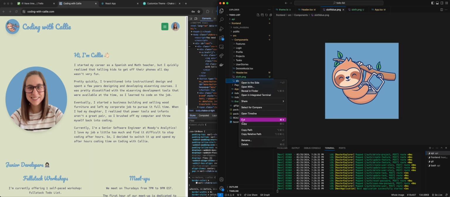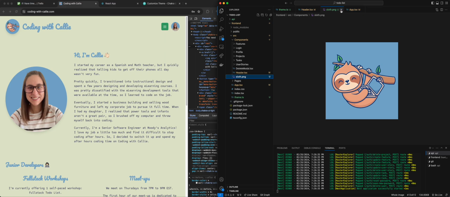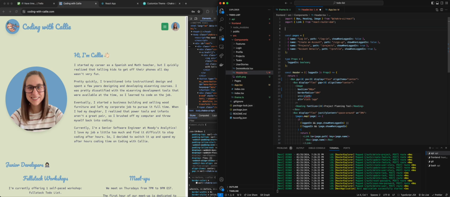Yeah. Okay, so we want to get rid of this one because it looks like I imported a little bit different of a logo. And then instead of doing from there, I was using my S3 bucket. We're going to do that, and then we have to import from here. So we're going to say const sloth is equal to require. So it looks like I can just do,